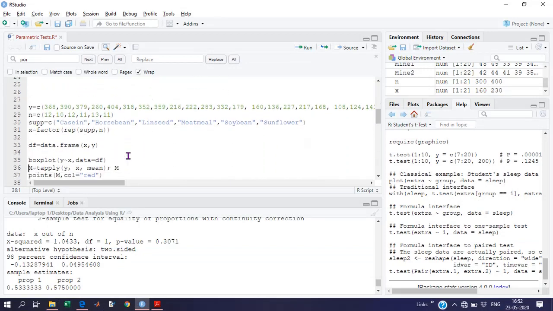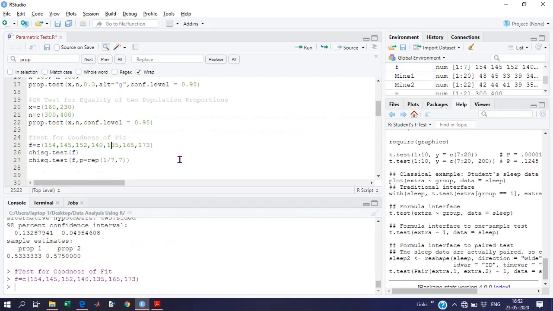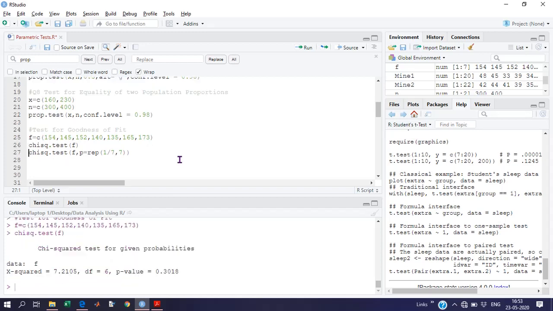Have I entered it? So here are 7 observations. Go ahead, chi-square dot test will be fine. Actually, we should provide the proportion here, but as we know that they wanted to check whether there is the same frequency for all days in the week, p is equal to 1 by 7 for all. So we can change it. We have that freedom. Let's move.